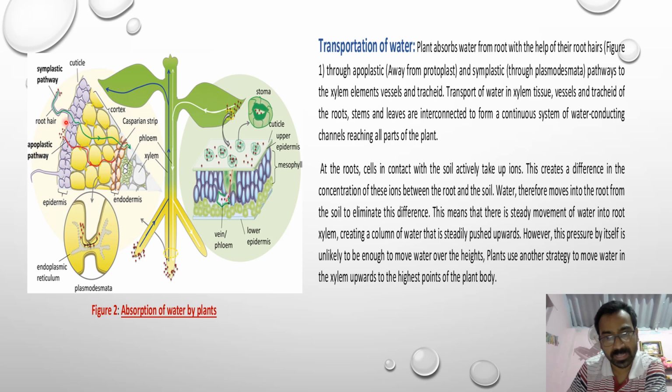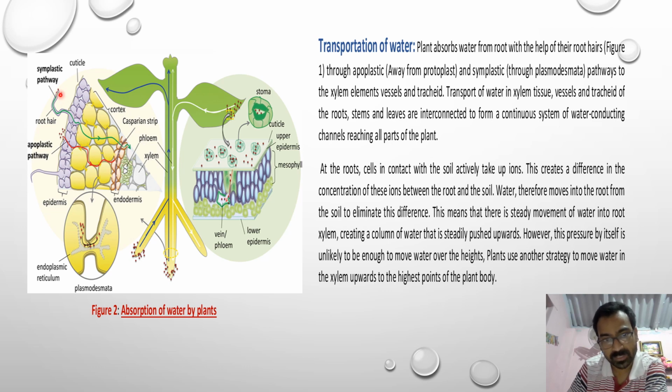This flow of water is made by these root hair cells. They are actively taking ions from the soil and making the underlying cells hypertonic. Once the cells become hypertonic, the water rushes into it. But once the water comes inside, it takes two pathways for reaching the xylem element. First, through the cytoplasm via plasmodesmata, and second, away from the cytoplasm along the line of the cell wall in between the intercellular spaces, that is the apoplastic pathway.